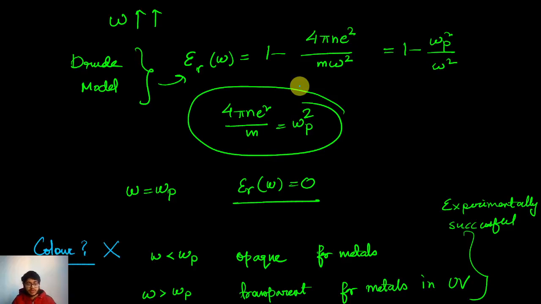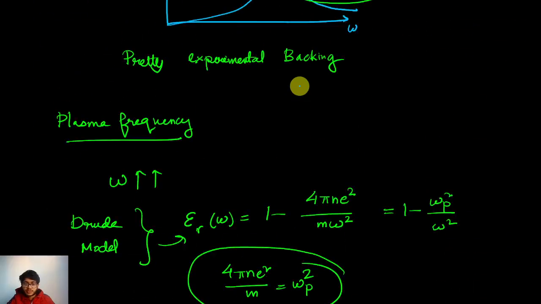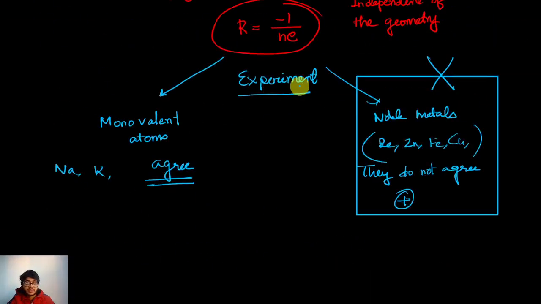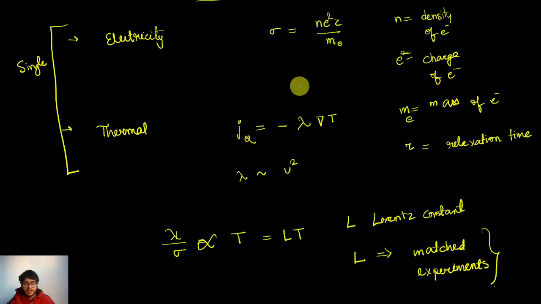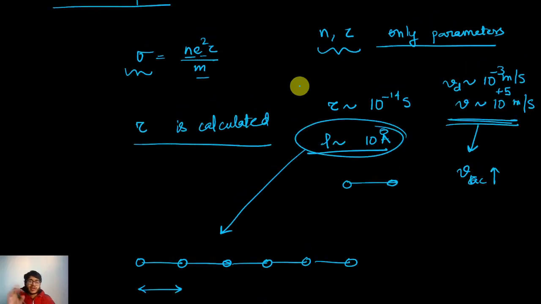Color? No, not explained. Gold, why is it yellow? Not explained. So these things are not explained by Drude's model, but that's fine because it's a preliminary model that gave us a way of unifying all of these things. So now we will see what the timeline was like, what the scientific community looked like back then, and how things were.